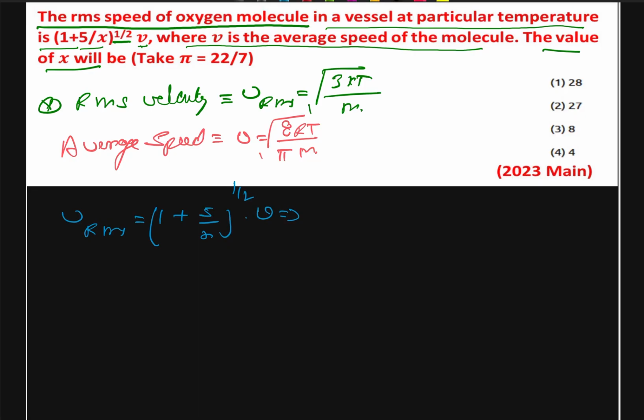So we substitute the value of V.r.m.s as well as v. So we get square root of 3kT upon m is equal to (1 + 5/x) whole raised to power 1 by 2 times, and v is our square root of 8RT